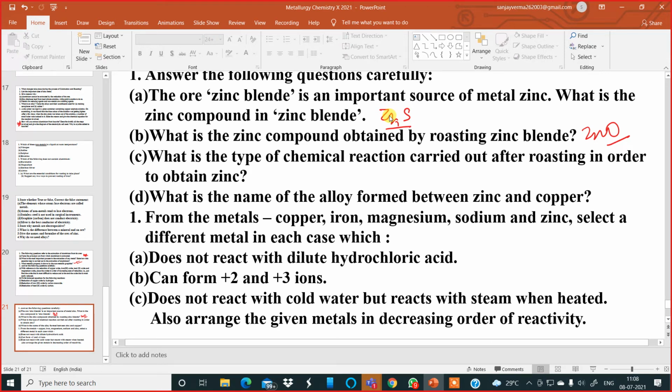Roasting means what? Oxidation, no? We are roasting, no? We are burning in the presence of oxygen, no? Isn't it? What is the name of the alloy found between zinc and copper? So try to